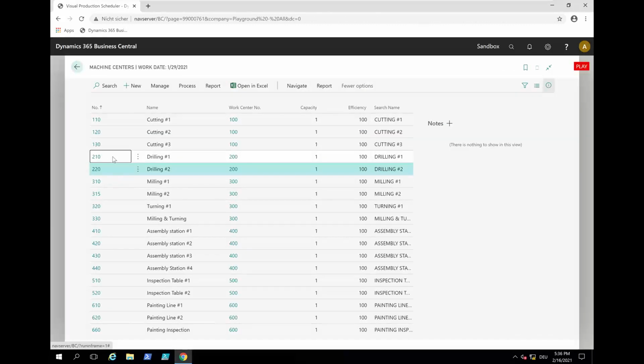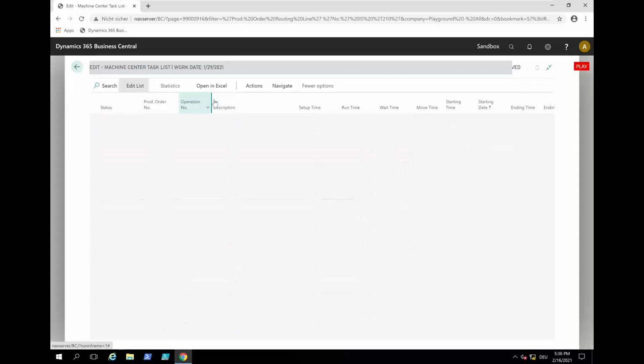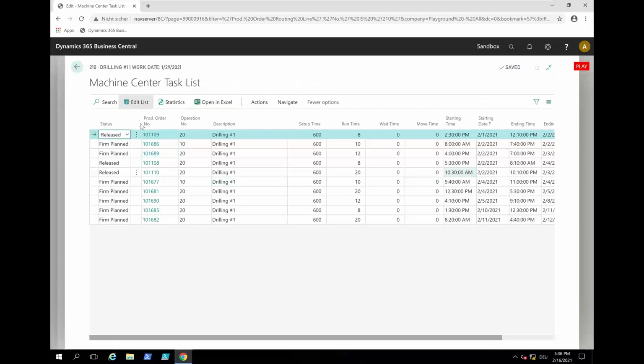If I would be the operator running drilling machine 1, then I see, okay, I have a bit more workload, but I can also sort this by start date or starting time, but start date is better. And I see, okay, this is what I'm going to do first, and when I'm done with this, I will do that. And also, if I look carefully here, I see, okay, tomorrow actually maybe there is some pain